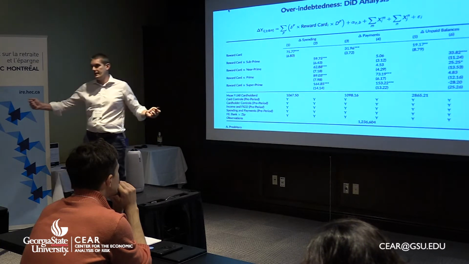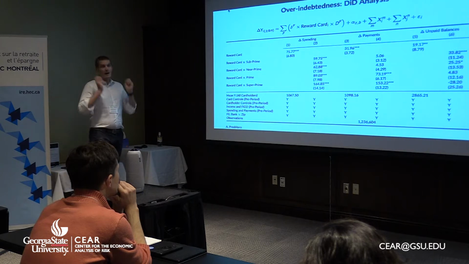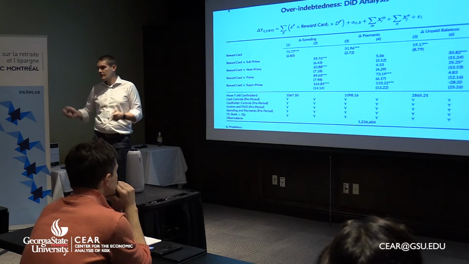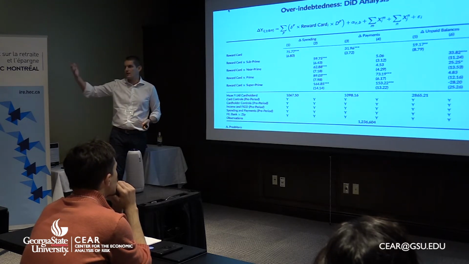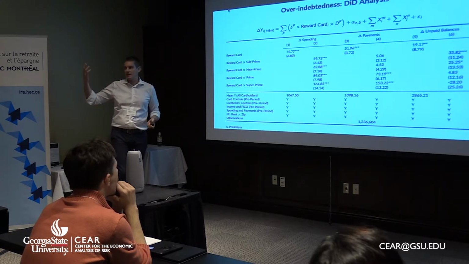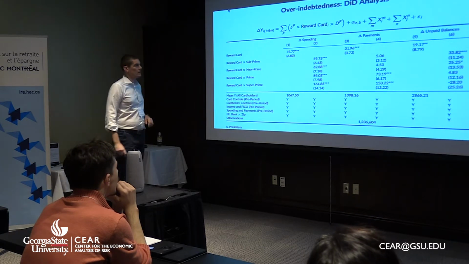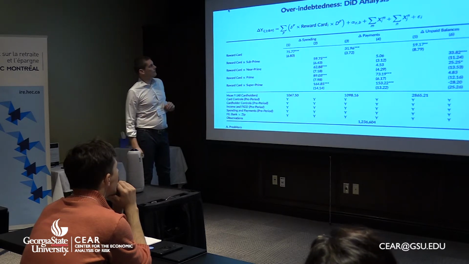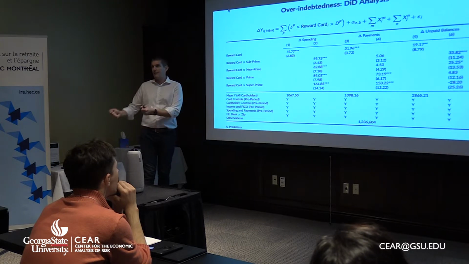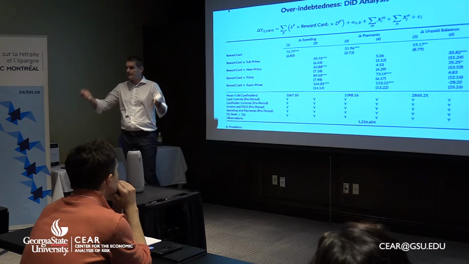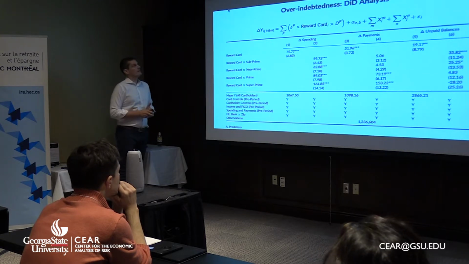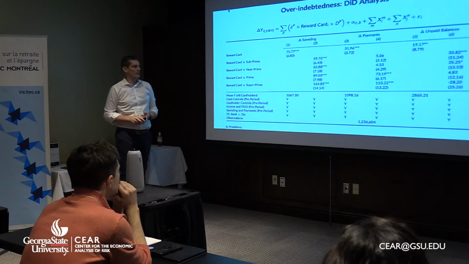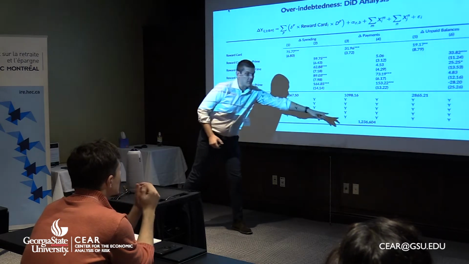So here we exploit 1 year of data. We look at card holders which receive the bank-initiated increase in the credit line. So it's basically what you get in the mail, and that tells you, oh yes, your Chase card, your credit limit goes up by $300, $2,000, whatever. Okay? So this is usually from the bank, it is not asked by you. Somewhat supply driven. And we do that for classic and reward card that receive this credit limit increase in 2019. And we compare the change in spending, payment, and unpaid balances 6 months after and 6 months before March 2019. Clearly the sample is not that big, but still we have more than 1 million cards.